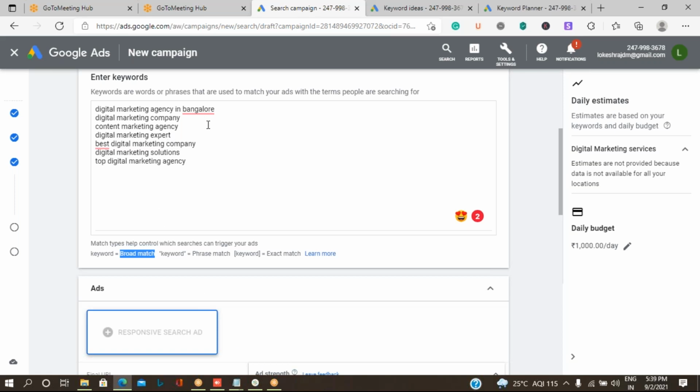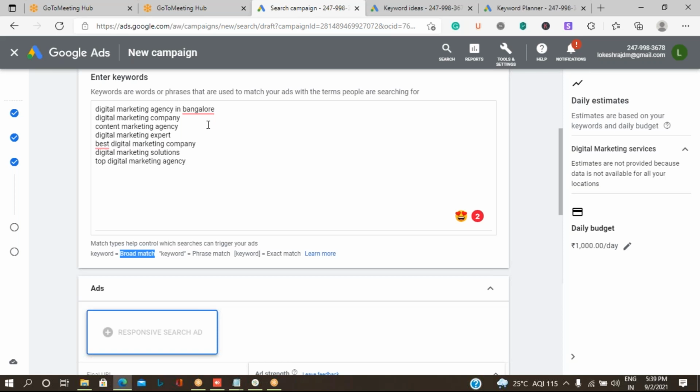Without specifying that I want these people to visit my website only when they type these keywords, I'm just typing digital marketing agency in Bangalore. So anyone who types digital marketing will also be able to see my advertisement.